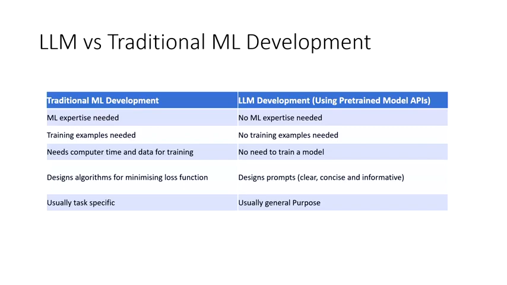But if you are using a large language model, say GPT or some other models, they are already pre-trained. You use their API and then use it for your tasks. So you don't need to be an expert in machine learning. And because with traditional models you start from the beginning, you need lots of training data. On the other hand, a large language model is pre-trained. You don't need any training data. No need for training in the large language model area.